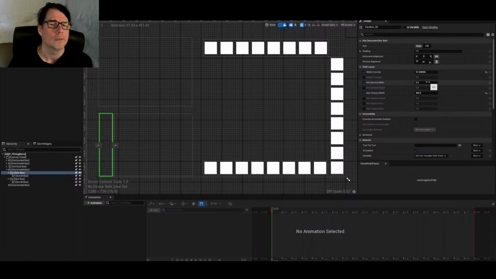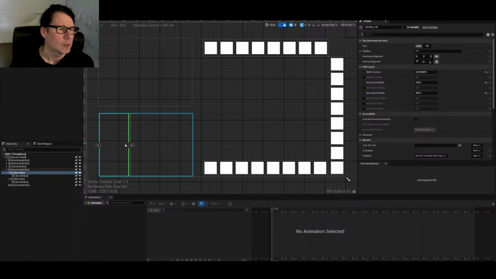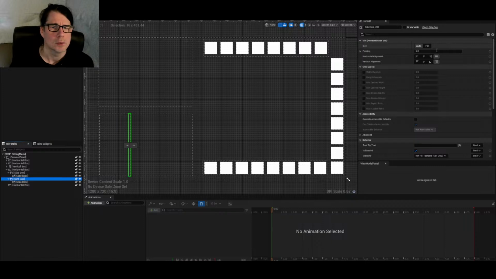Min desired width is 100. So yeah, with these numbers you can overdo it, but then you can say that if it's higher or lower than the min, then it's supposed to be like that. And that means that if I set this one to fill,